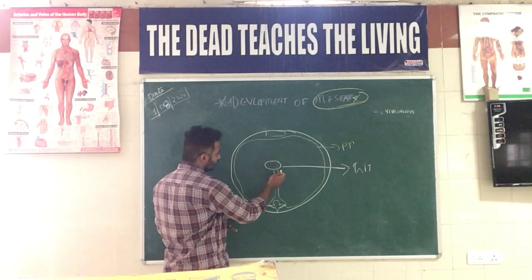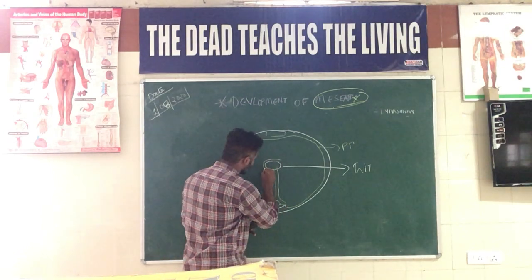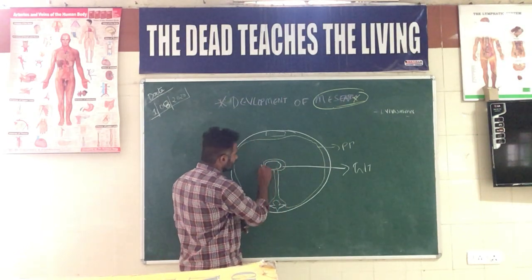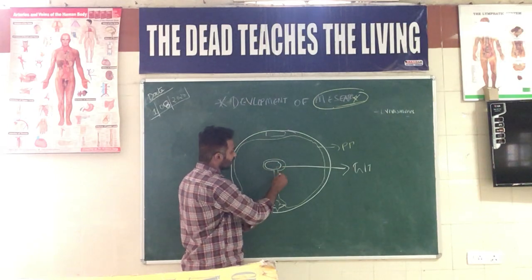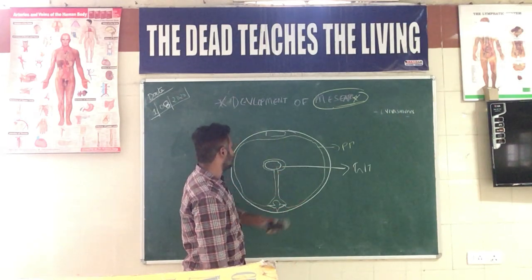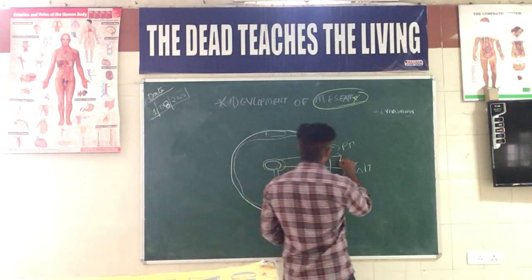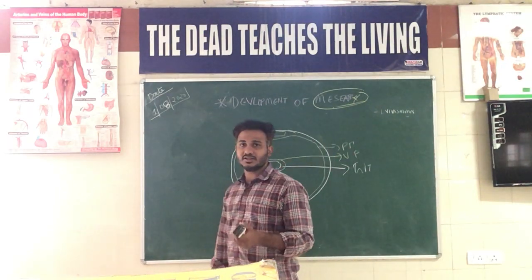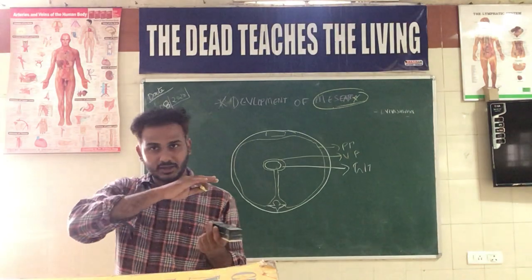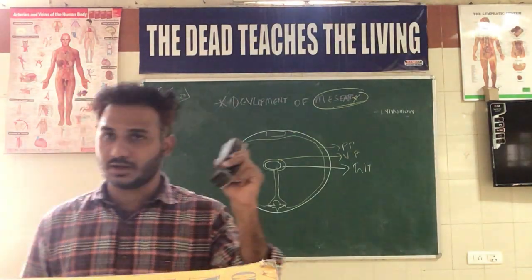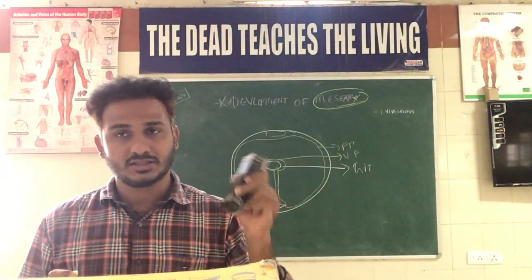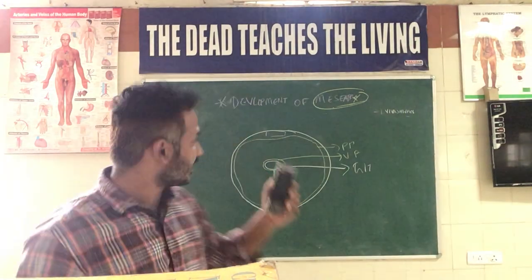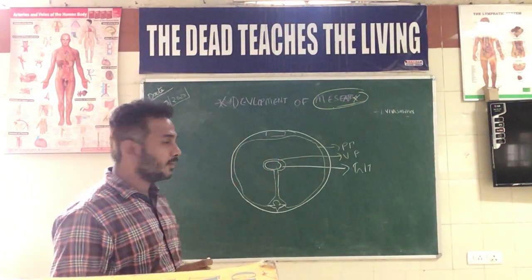The layer that surrounds the part of the GIT is continuous with the parietal peritoneum. This particular part of the peritoneum is called the visceral peritoneum. This visceral peritoneum itself is nothing but the serosa. If you take a transverse section of the gut, we have 4 layers: serous layer, muscle layer, submucosa, and mucosa. And the serous layer is actually nothing but the visceral peritoneum.